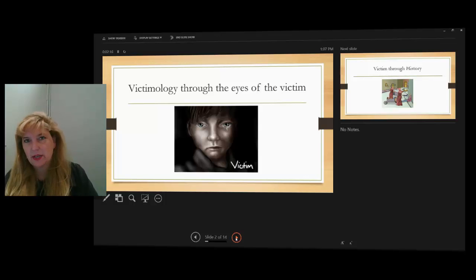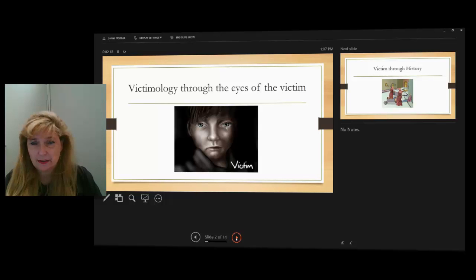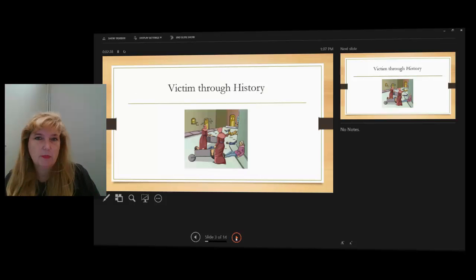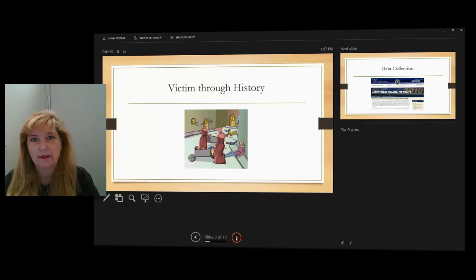And that's important because we have to look at the impact that crime has on victims because they're often forgotten about in the process, even during prosecution of the offender. So we'll discuss how people became victims. We'll look at the history of victimology and the victim throughout history, what happened, how people took care of their families when their families were brutalized or theft happened, larceny.